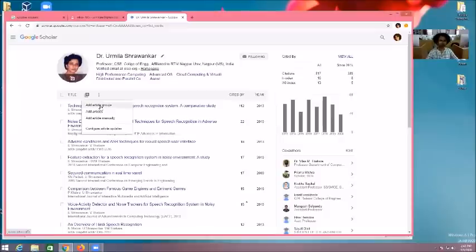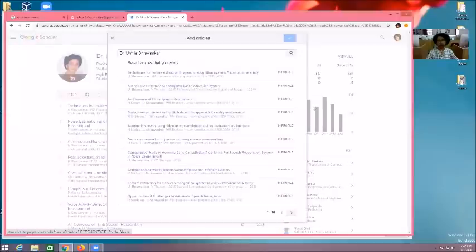But again, I will recommend you, do not add any paper manually into your Google Scholar, because Google Scholar means indexing by Google. So let Google search your paper and then only it will add into your profile. That will be the perfect profile. Okay, add an article. Suppose I see the list is there, and all papers are in my profile, but by mistake this particular paper is available and this paper is not in my profile.